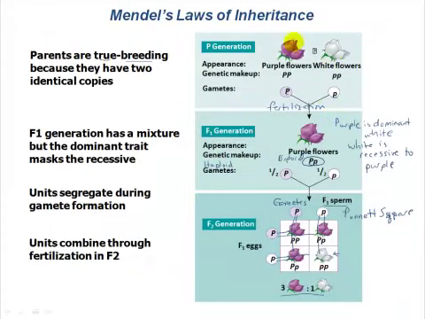right? So one gene, the gene determining flower color, and we've got two contrasting alleles being inherited here, the purple flower allele versus the white flower allele. This is referred to as a monohybrid cross. You're creating a hybrid generation for only one gene, right? And so Mendel's conclusion following his experiments with these monohybrid crosses was no blending inheritance.